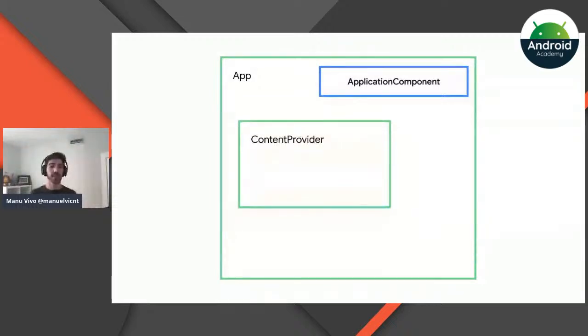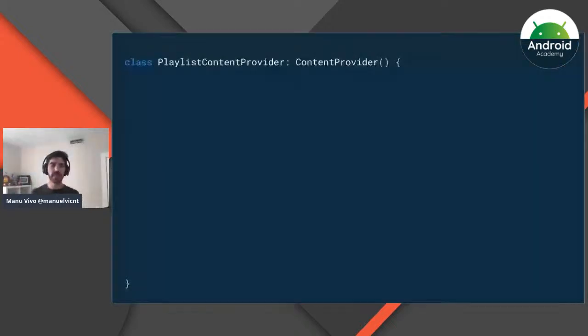This is because the content provider lifecycle is a bit weird. So how can we make the content provider get dependencies from the Hilt graph? We can do that using entry points. Basically, if we wanted the content provider to use the music database, it should use an entry point. Let's see how to do that.